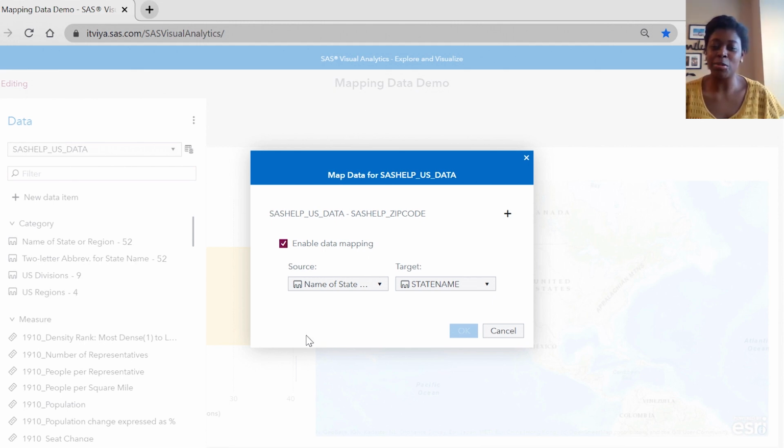Something else that I did want to mention is that this report object does not have to be a GeoMap. It can be any type of report object in order to get mapping to work. I just used the GeoMap because it was more visually appealing for the data set that I had. But again, it can be a scatter plot, line chart, heat map, whatever you want it to be in order to get that data mapping to work. So now when someone asks you, can I use one filter to filter multiple data sources in a SAS VA report? You can tell them yes. You can also show them how.